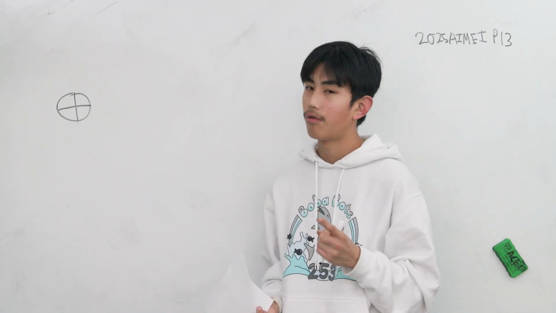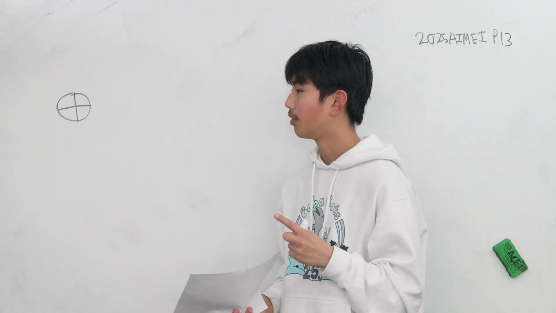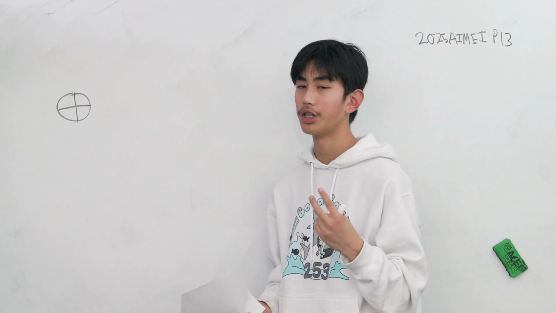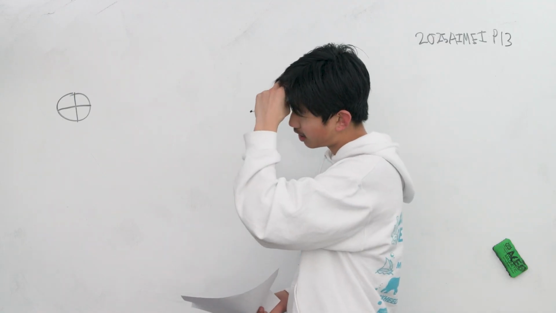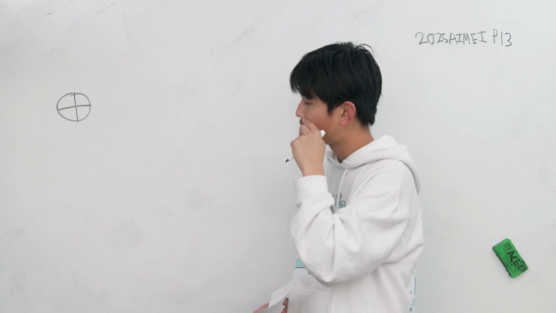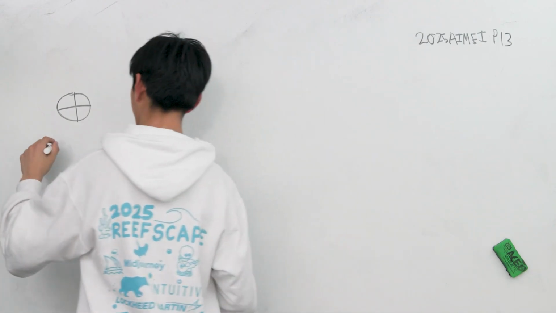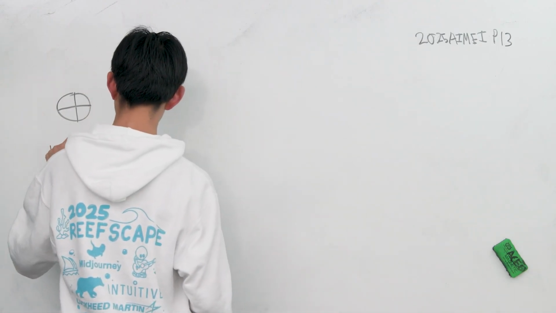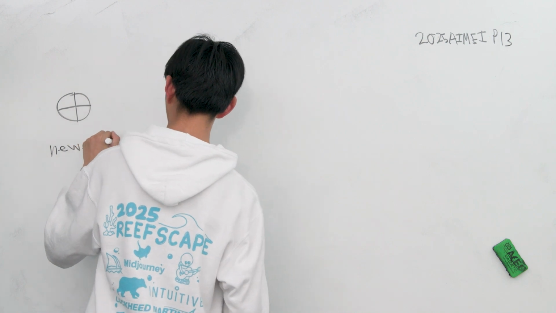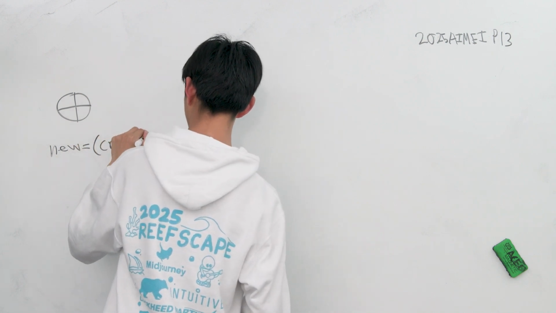If you have a line that intersects at one point, it creates 2 new regions, and if you have a line that intersects at 2 different points on 2 different old lines, then it creates 3 new regions. So in general, we will say that the number of new regions created is equal to the number of crossings between